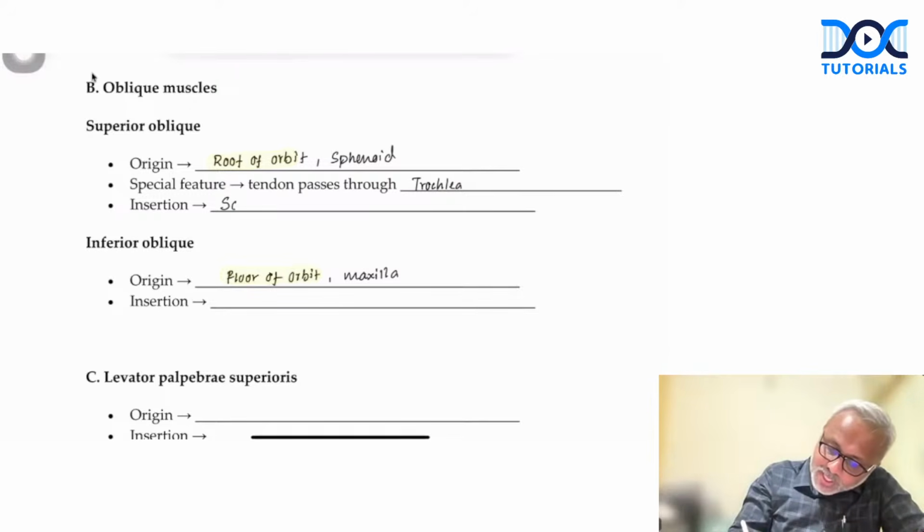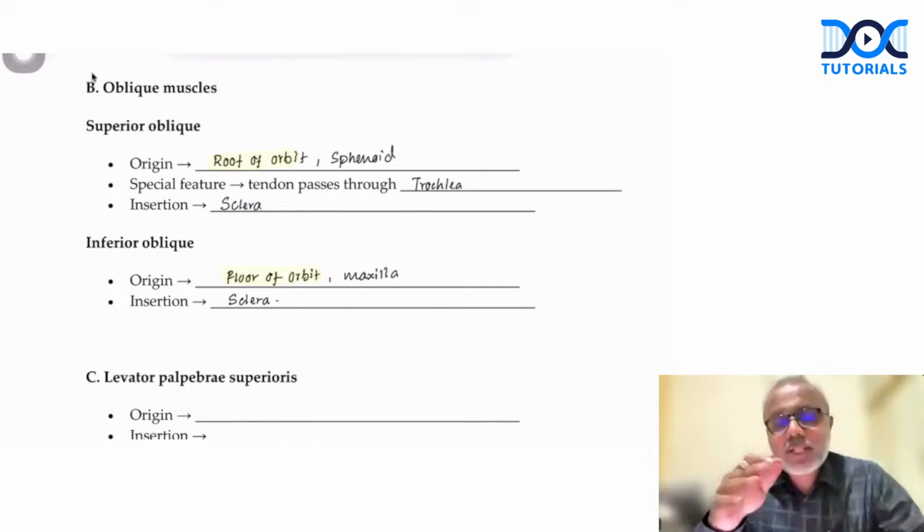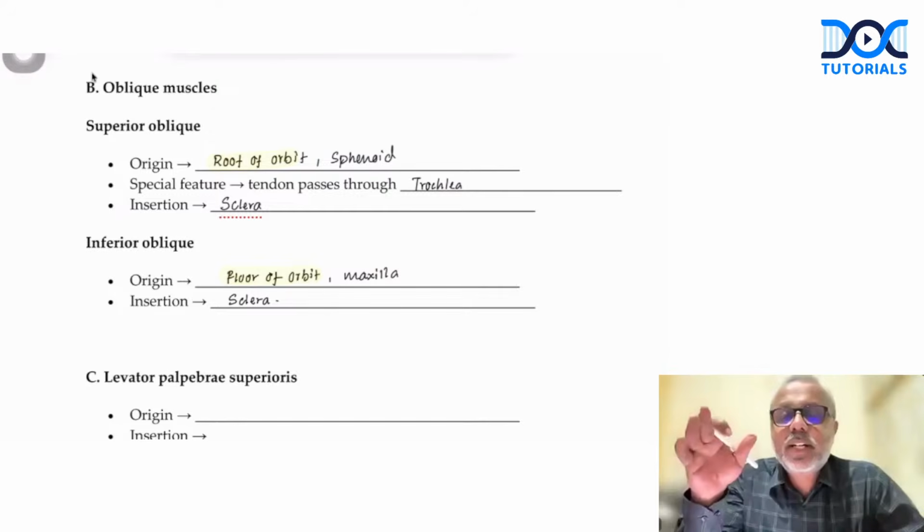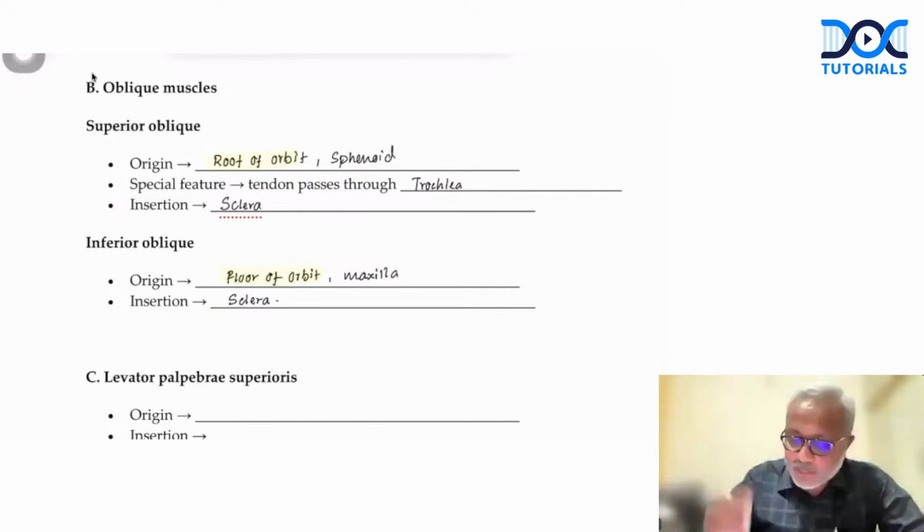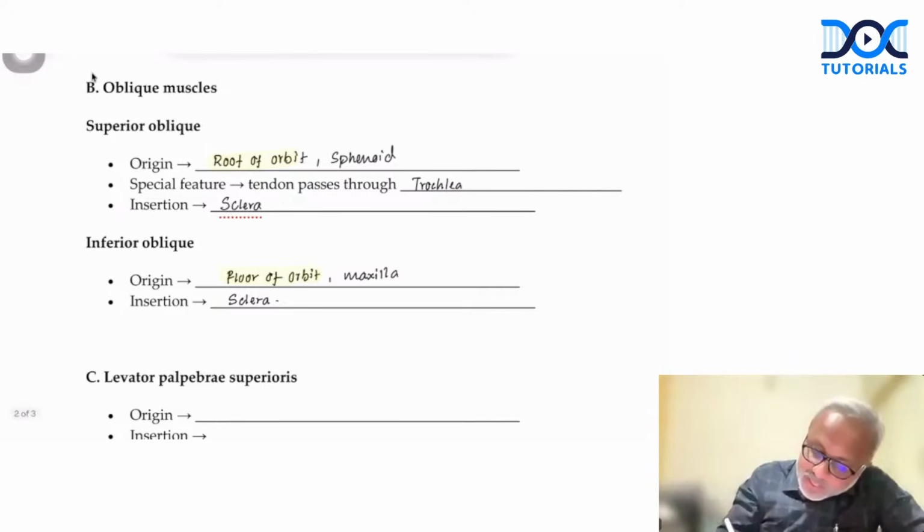Remember, the insertion is again into the sclera. So both the muscles will get ultimately inserted into the sclera, just similar to your recti. But what is the peculiarity that we need to highlight? This inserts behind the equator,